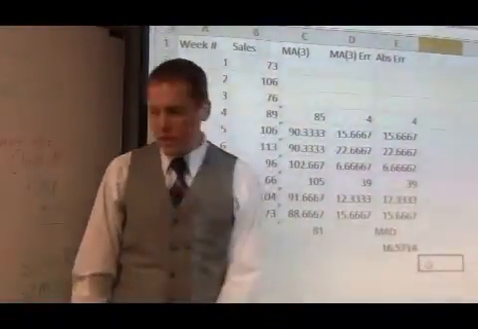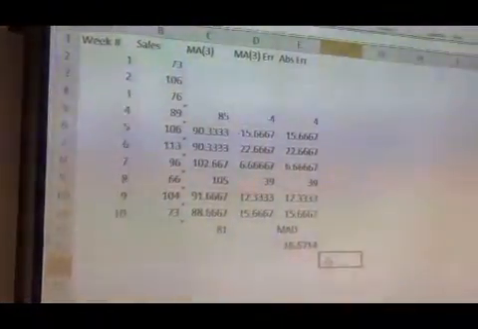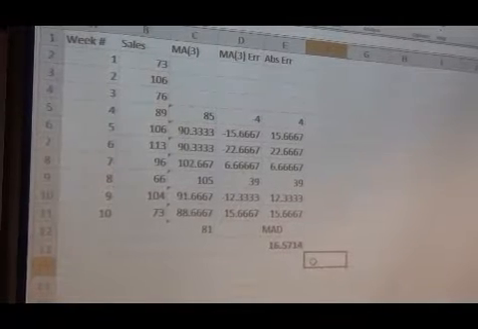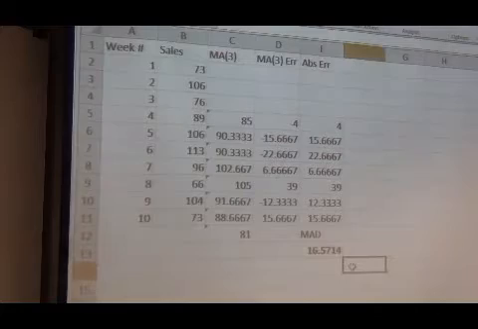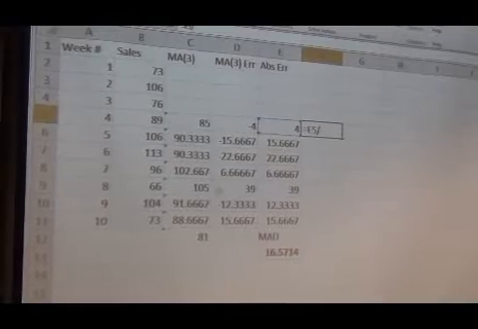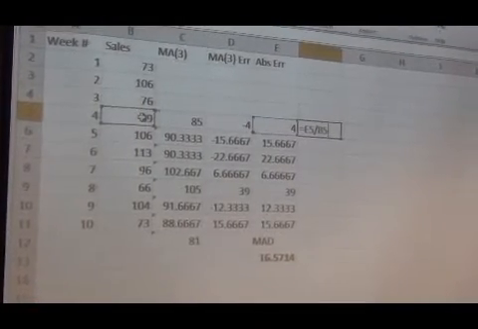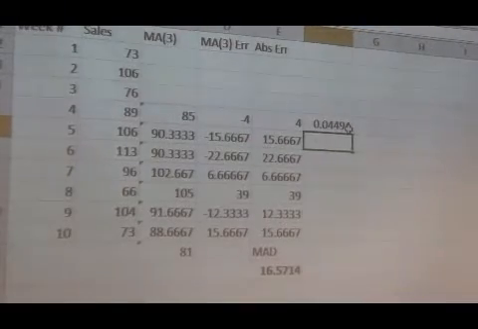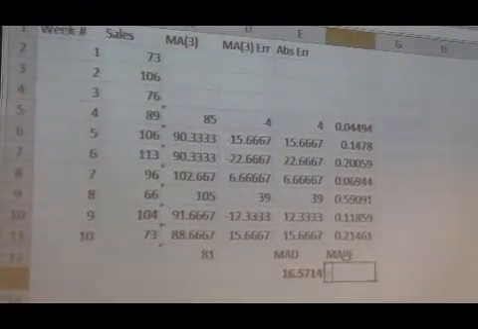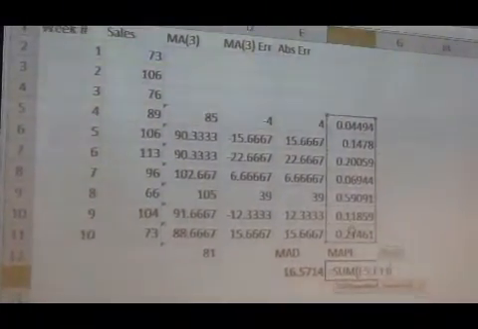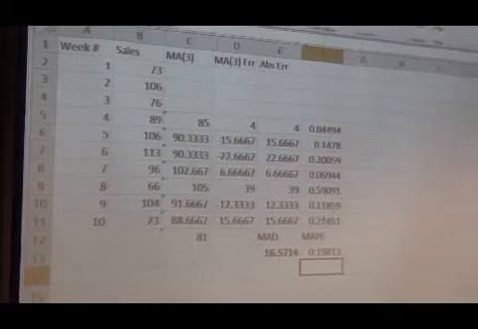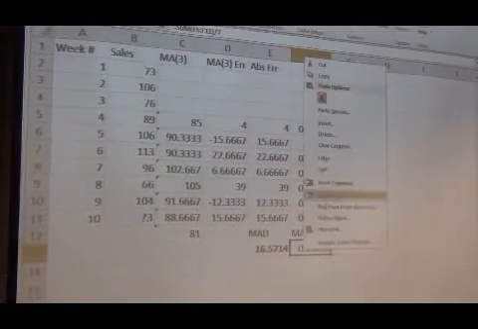All right, let's also do mean absolute percent error. So the easy way to do that, we're going to take each absolute error and divide it by the actual value, the real sales value that we're trying to predict, to give us, in this case, a fraction. We can treat that as a percent, and then we're going to take the sum of those divided by 7, that's the number of them, and say, on average, so we format this as a percent,